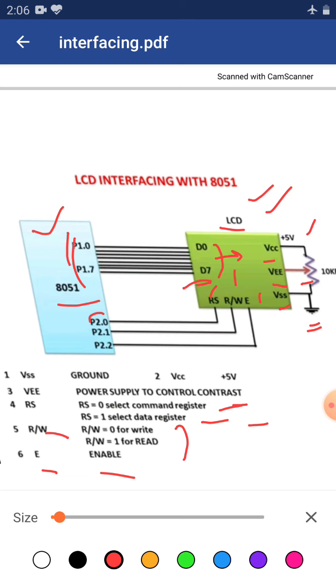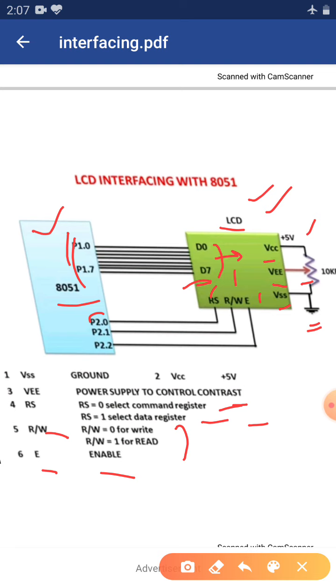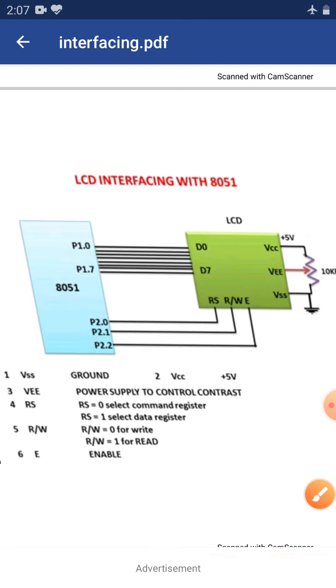In that case the LCD is working on its own data, command, or various tasks. When the D7 bit is 0, it indicates that the LCD is no longer busy and now the 8051 can send or receive data.